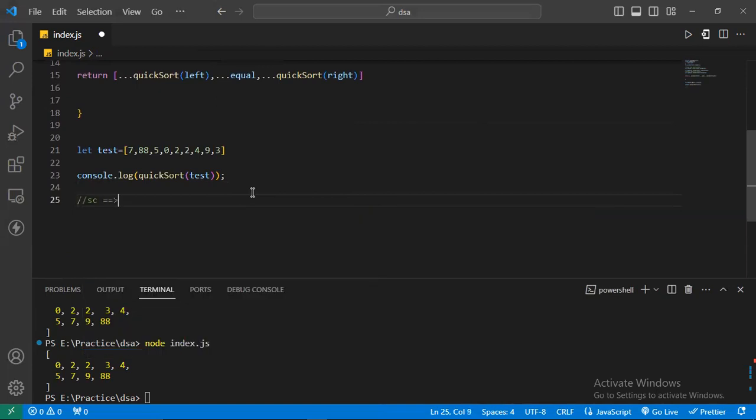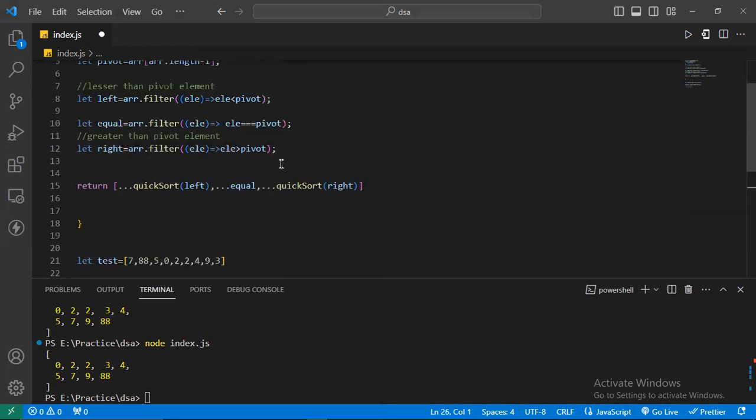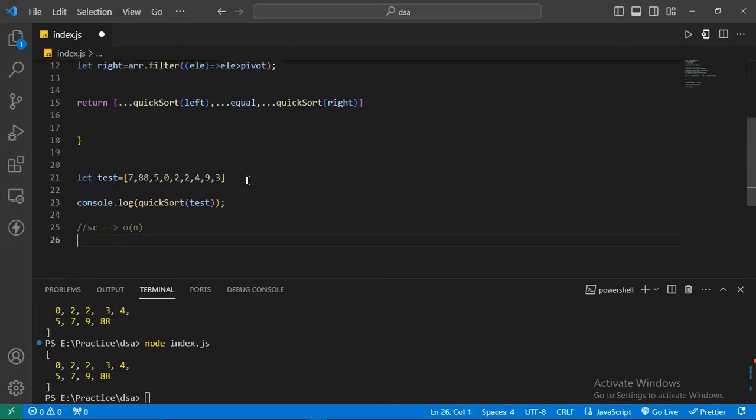The space complexity will always be order of n, because it is a recursive function. And besides that, we are taking some stack space also. But remember simply that the space complexity will be order of n, and the time complexity of this algorithm is